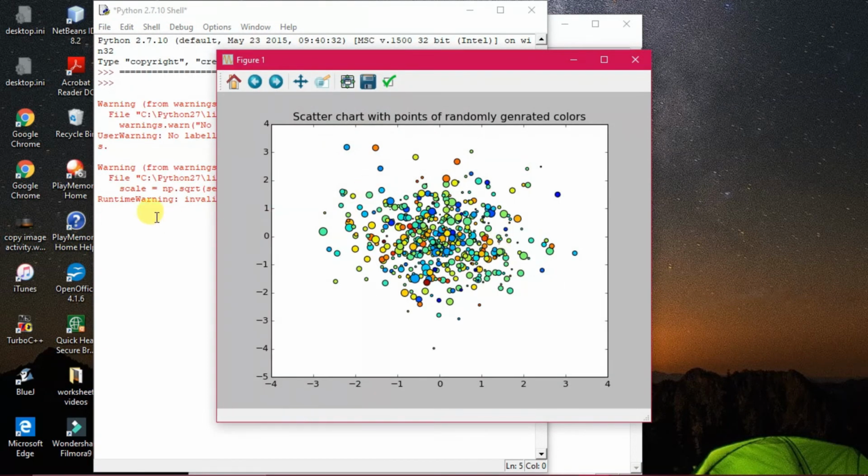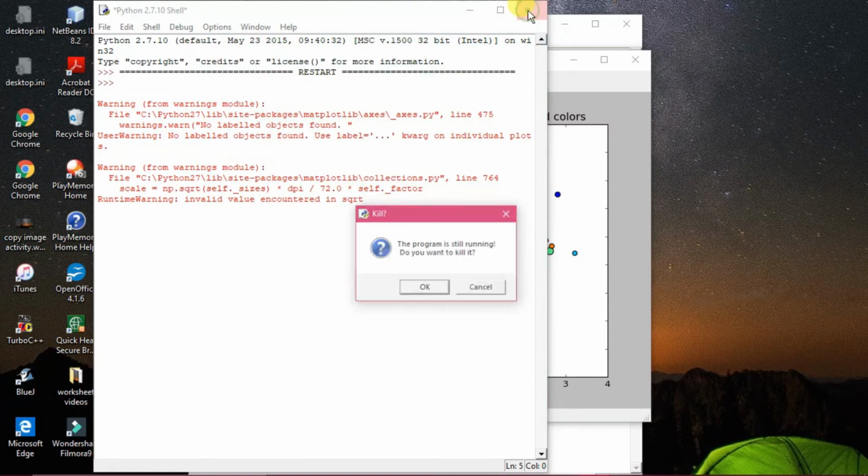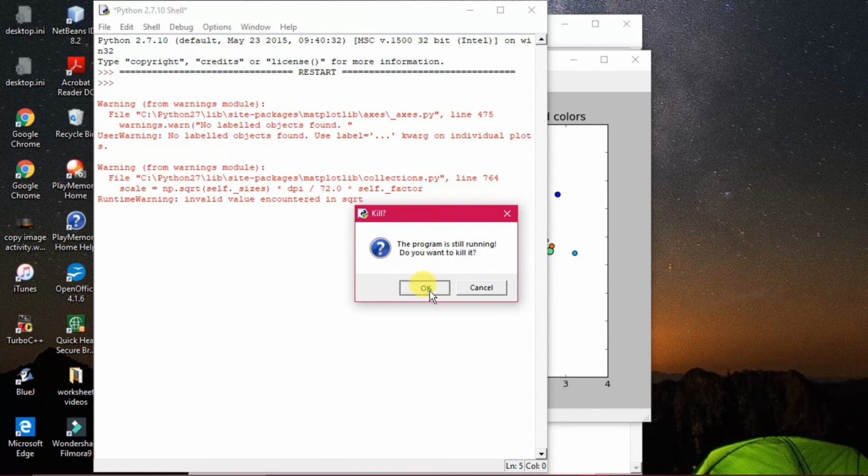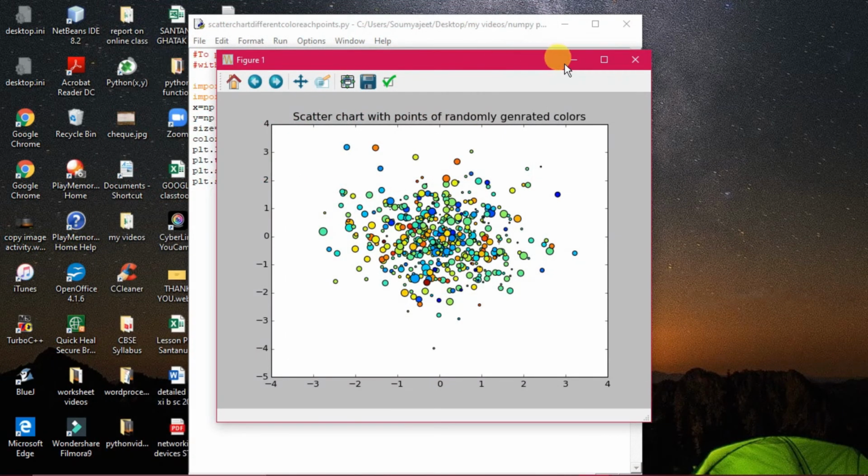So here it is randomly generated, but there is a warning, called a runtime warning, that may be generated, which I have mentioned in the Google Classroom also. While executing this program you may have this kind of thing, but you see there is no scope for a legend here. That's why the legend command is not useful here. This runtime warning might be generated, so don't worry, because it depends on the version. You may continue your practical, that is not a problem. Just close it when it comes, you can kill this window, and you can see the graphic chart generated here with each randomly generated point.